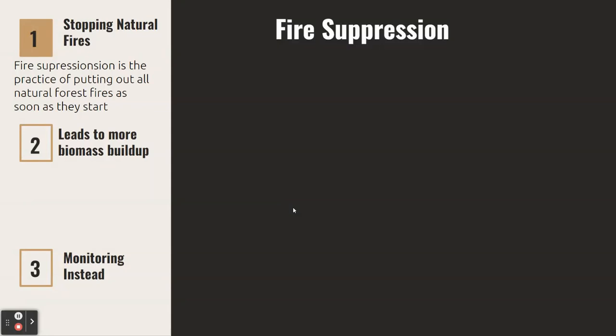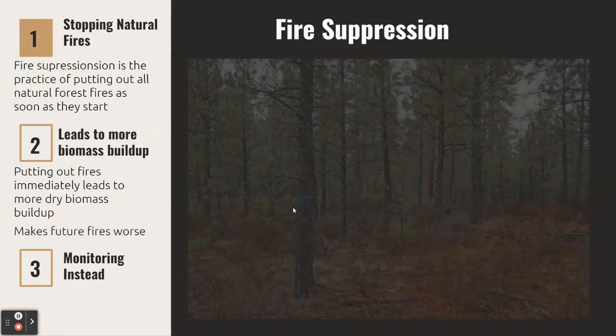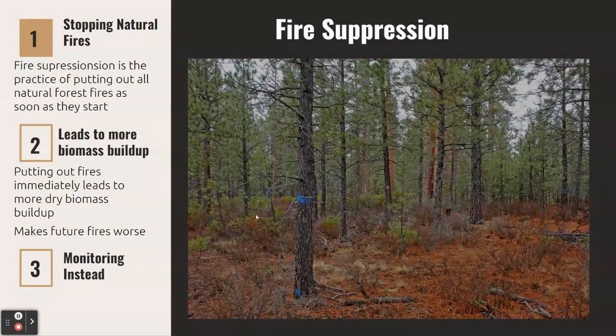which I understand does make sense, but when you look at it in the long term, really the only way that forests have to break down a lot of that biomass is by fire. So when we put out the fire, we end up with more dry biomass building up, which is just going to make future fires worse. If you look at this picture here, you can see all the brown, decaying, even some of these trees in the background look dead. So if a fire comes through here, all of that's just going to immediately combust, making the fire burn hotter and making it more likely that those living trees will also be able to catch on fire.